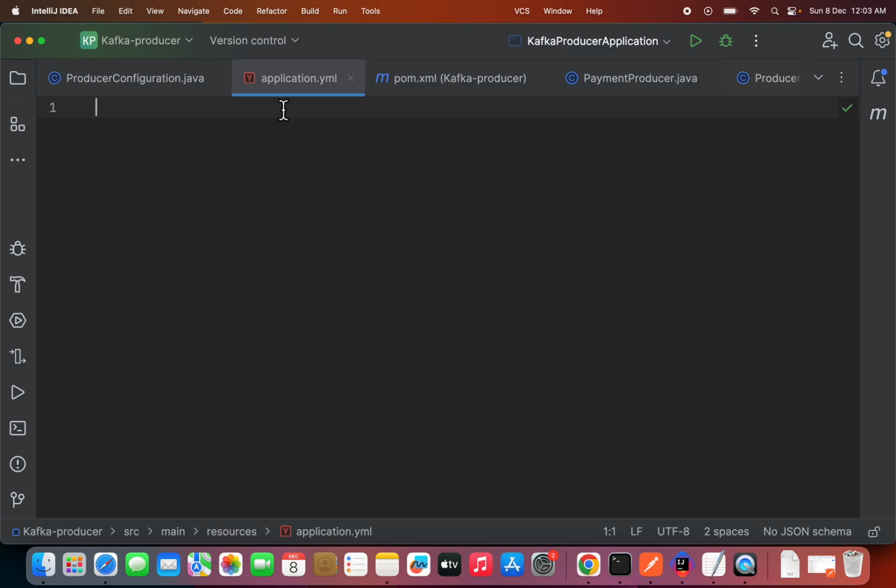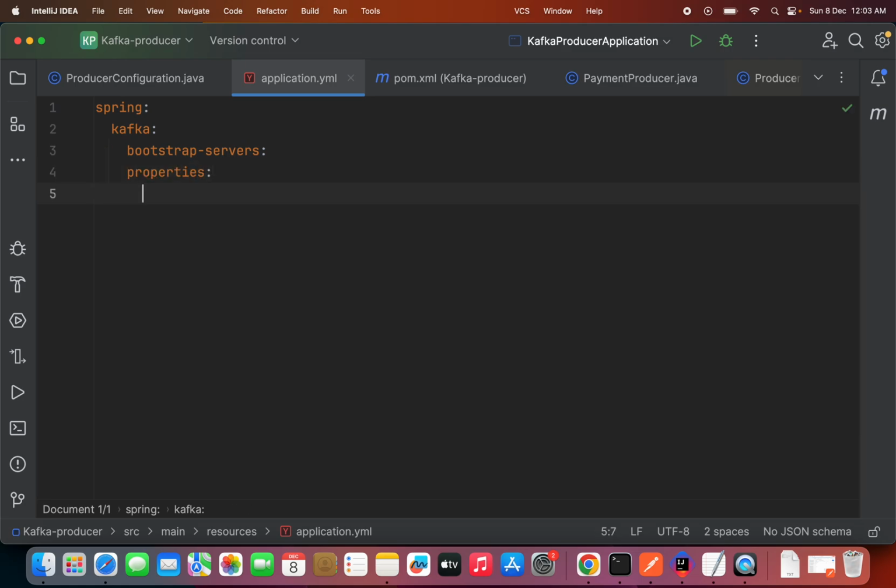Here I will define some Confluent related properties, that is spring kafka. We need to define bootstrap servers,